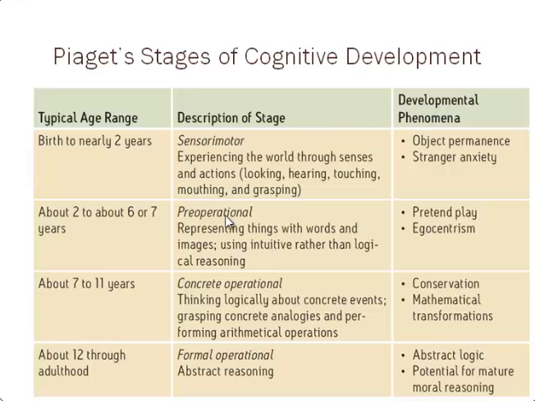Then you have the pre-operational stage, young children, essentially 2 to about 6 or 7, representing things with words or images using intuitive rather than logical reasoning. Children that are 3, 4, 5, 6 years old are able to represent things. They know what things are called, but maybe they're not able to fully understand their origins, how they come about, etc. Again, in their developmental stage, they have pretend play, egocentrism,